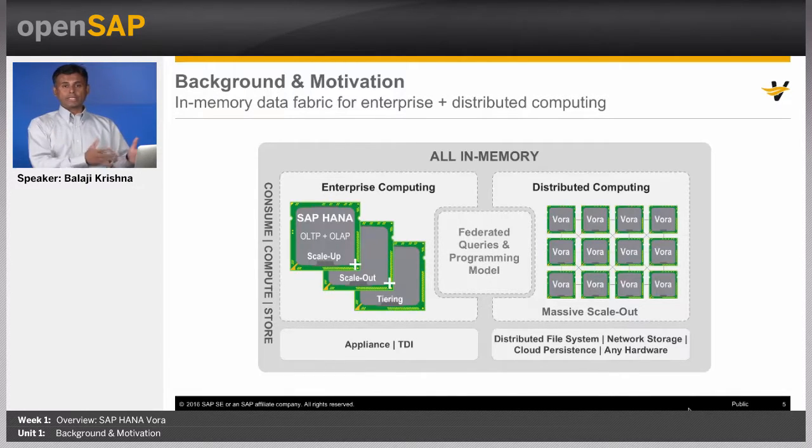And again, all this data in HANA is compressed data, so there's no technical limitation, but from a landscape standpoint, what you will see is customers are running in tens of nodes, and on the right side you have your Hadoop distributed landscape where Vora is running natively on each of the Hadoop/Spark nodes. So on the left side you have tens of nodes, on the right side you could have thousands of nodes,